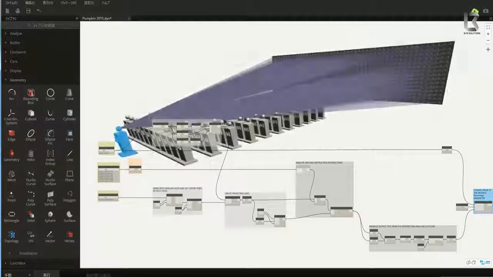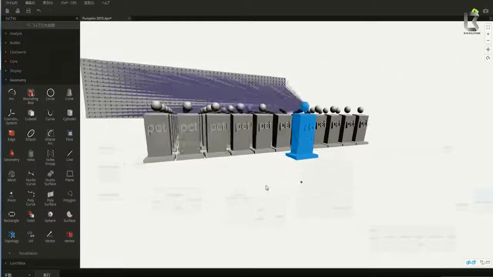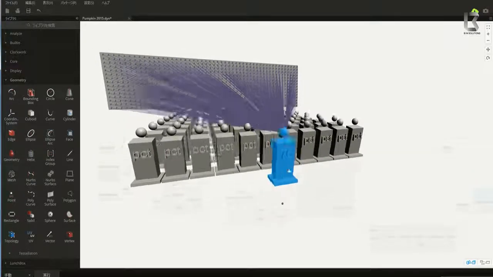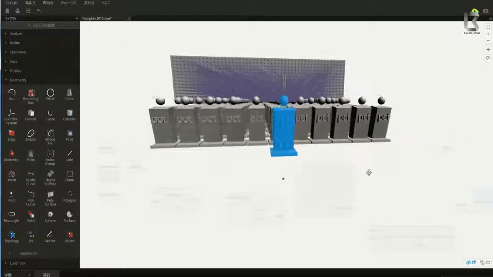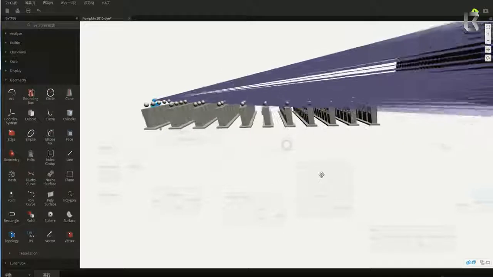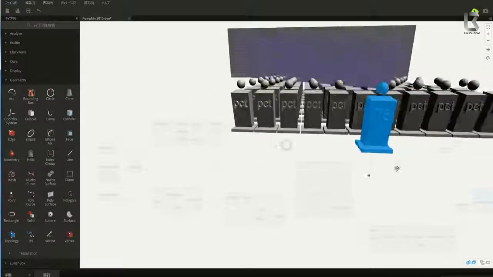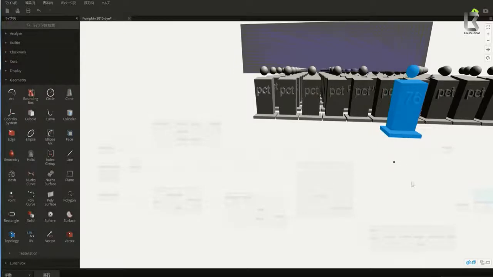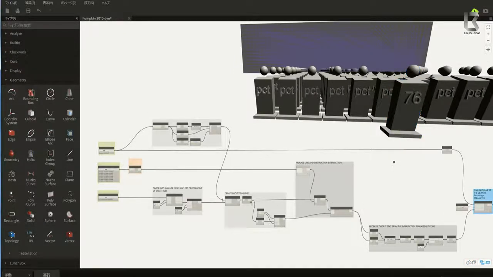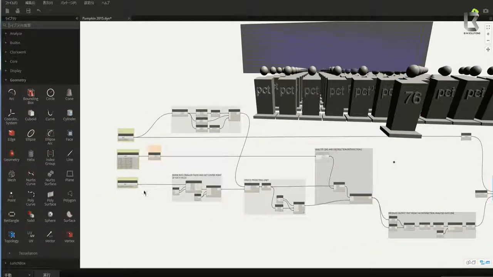So here's the result actually. Here's the viewer that has a number on his back, which is 76. It means that 76% of the screen is the percentage that he can view. So to explain what's going on inside,